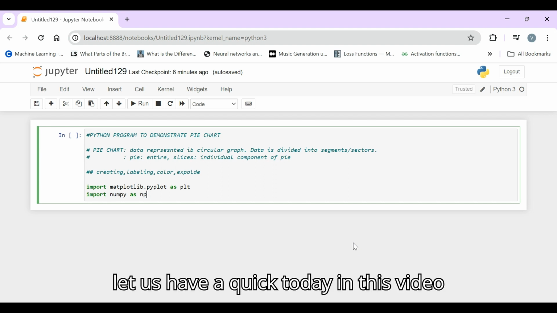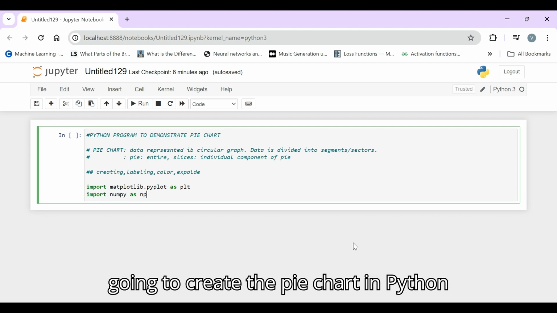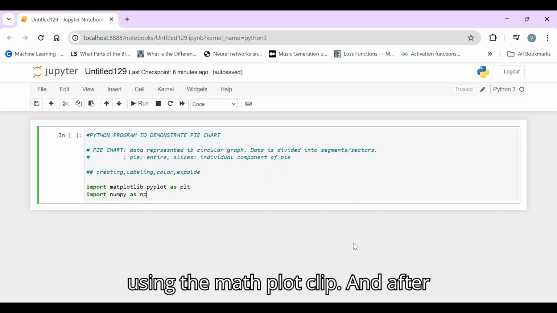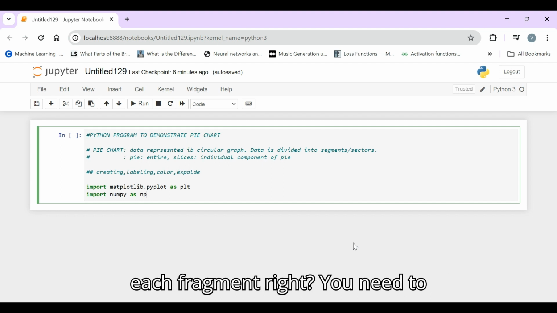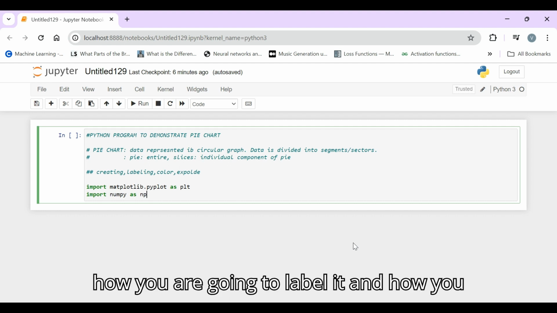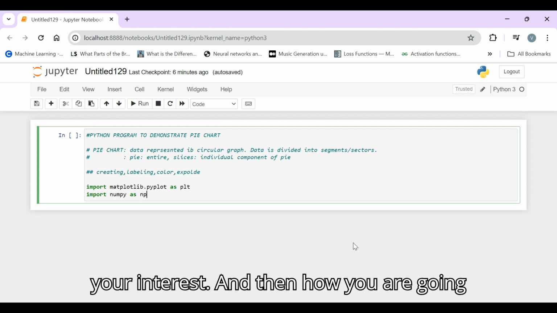In this video we are going to look at how to create the pie chart in Python using matplotlib. And after creating the pie chart, you need to label each fragment, how you are going to label it, and how you are going to customize the different colors and combinations according to your interest.